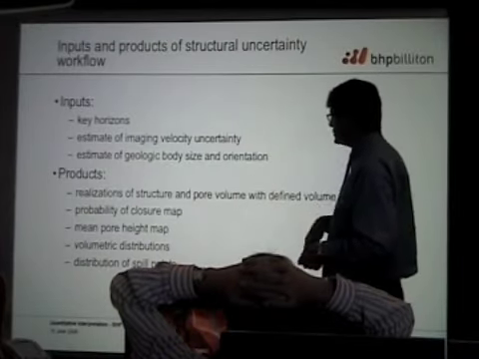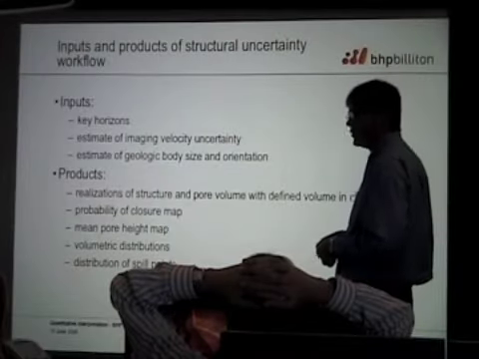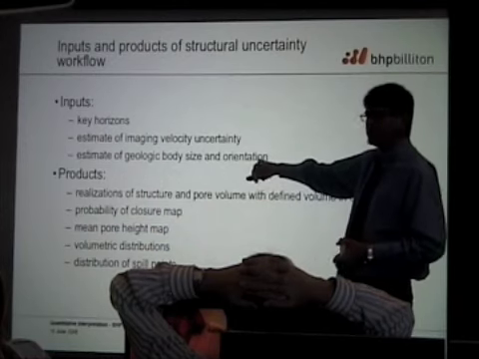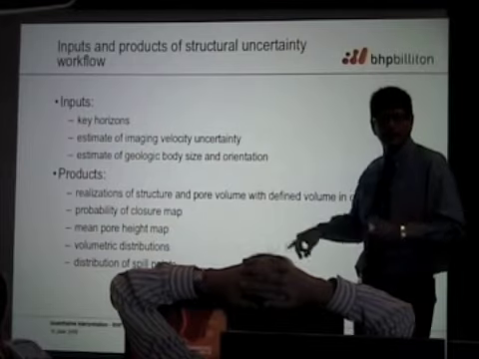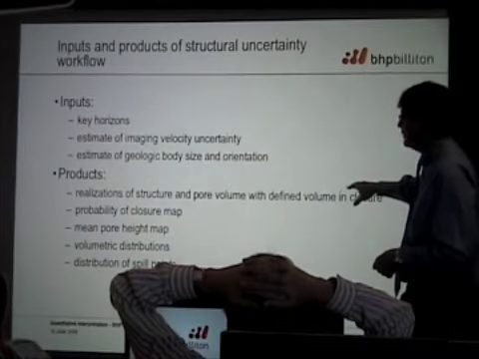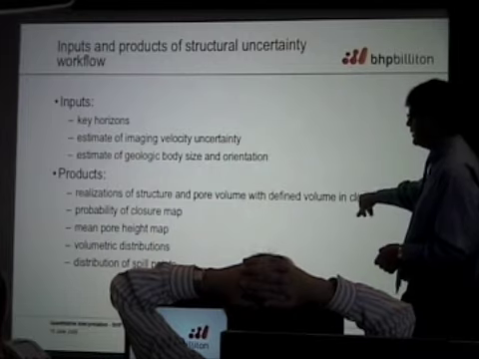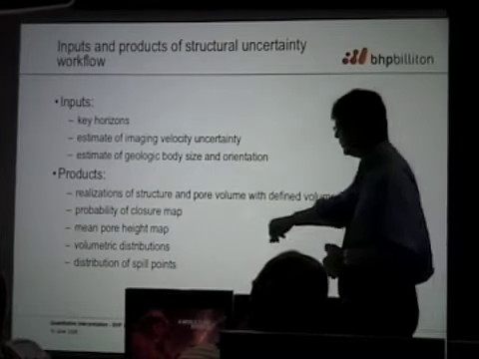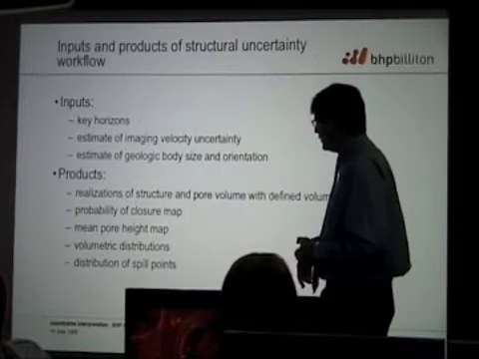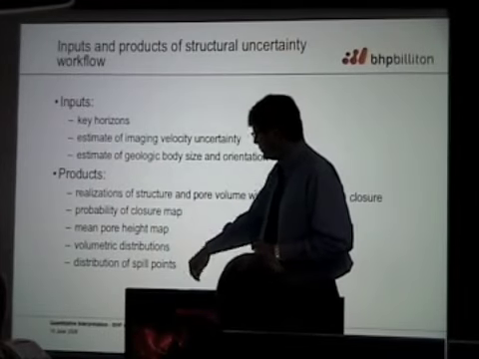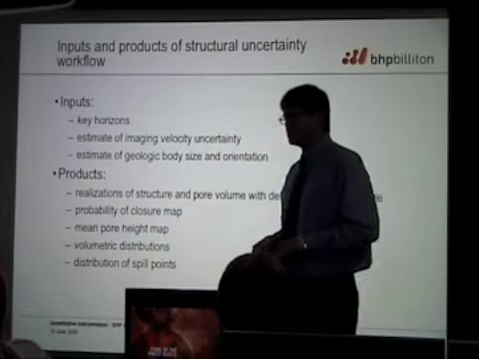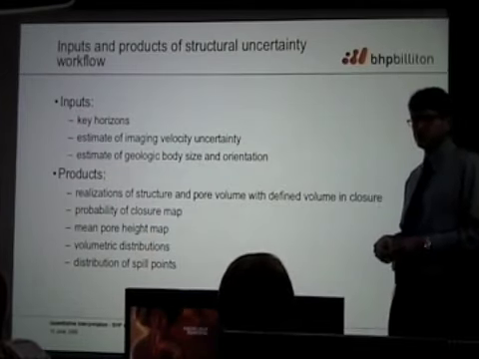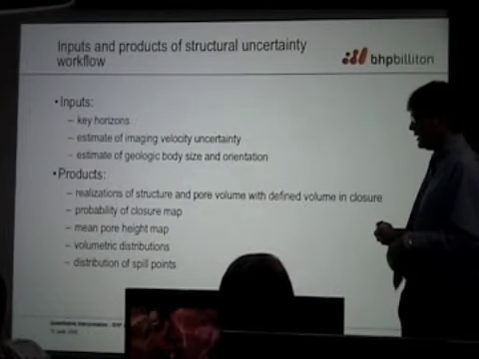You also estimate the geologic body size and orientation. Why? Well, we need a variogram, and that's how we get the variogram. What are the products? We have realizations of the structure and pore volume. We have probability of closure maps. We have mean pore height maps. We have volumetric distributions and distributions of spill points, so we know where the critical positions are in terms of defining whether or not